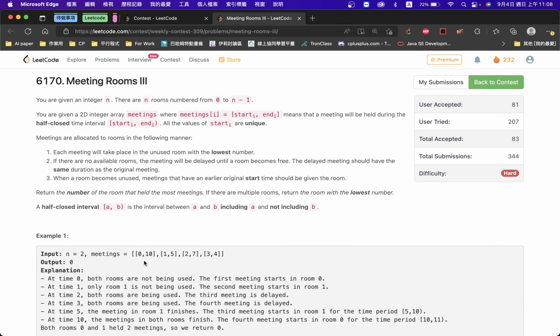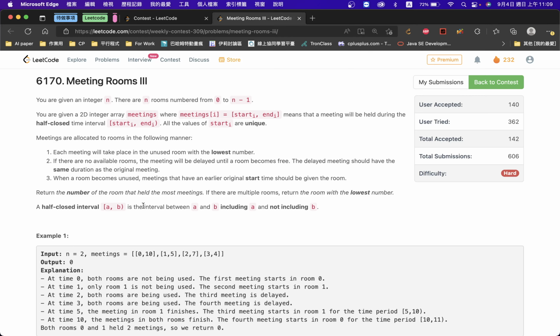If the time step, your current time step, it's 0, enter 0, and then